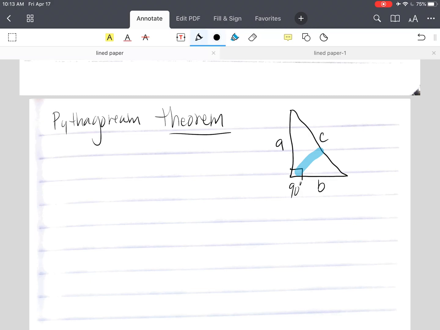If you have a right triangle with sides A, B, and C, where C is the longest side, then